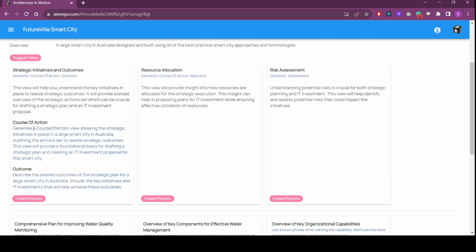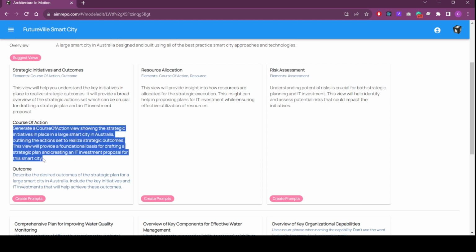This is the top level, based on the course of action ArchiMate element, and this is the prompt: generate a course of action view showing the strategic initiatives in place in a large smart city in Australia, outlining the actions set to realise strategic outcomes. This view will provide a foundational basis for drafting a strategic plan and creating an IT investment proposal for the smart city. So let's